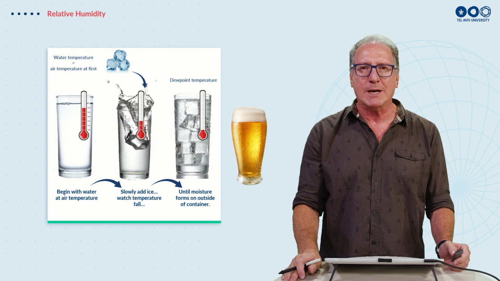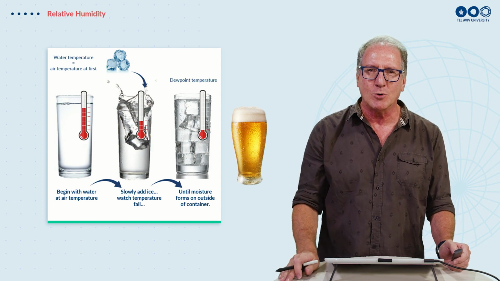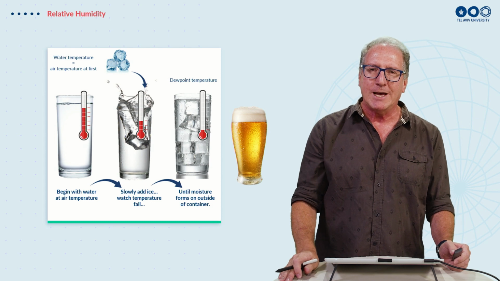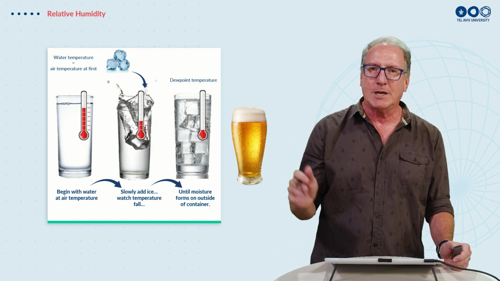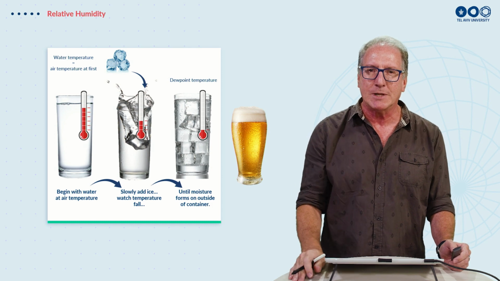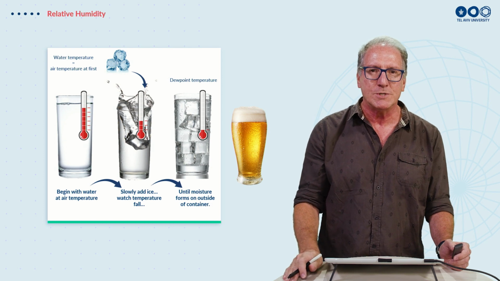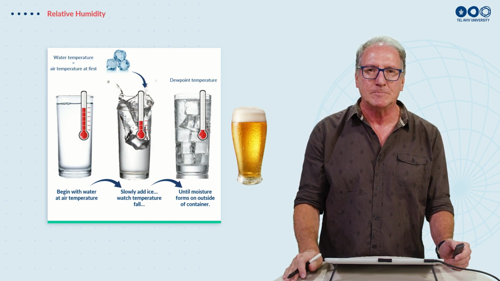I hope you'll think about this next time you have a beer and you look at the droplets around the beer and talk about the dew point temperature. And if you're in a very, again, moist area, it doesn't take a lot to cool your beer and to get the drops around the side. If you go to a desert region, you have to cool it a lot more before you see the droplets on the outside.